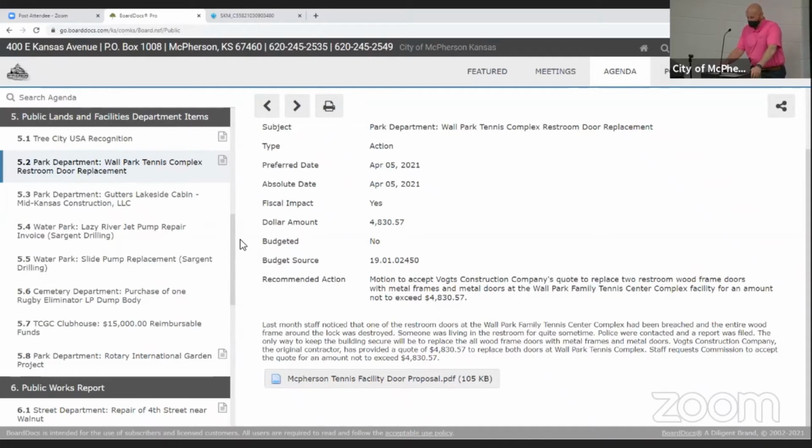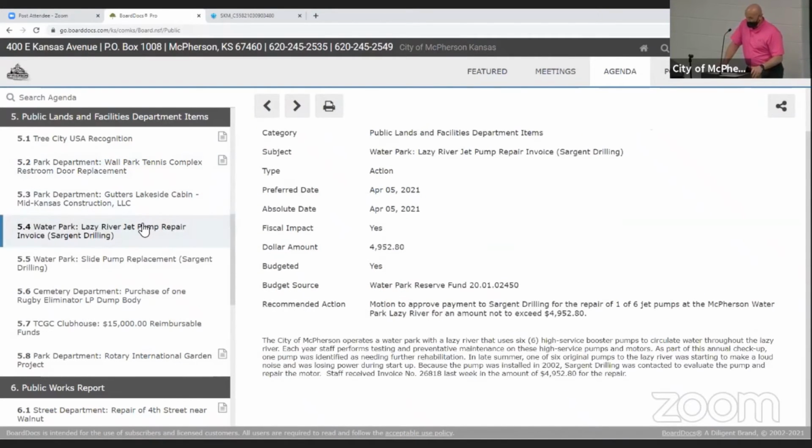Aye. Next one's for the water park. Staff is requesting approval to Sergeant Drilling to pay for the repairs of one of 6 jet pumps at the McPherson Water Park on the Lazy River for an amount not to exceed